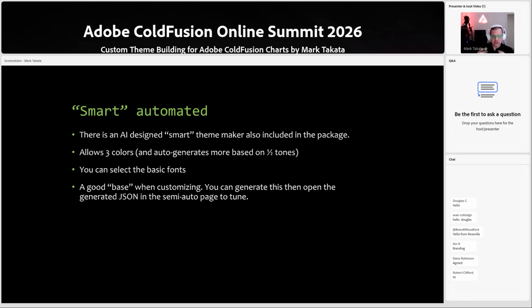You can then change those. There's a color picker that you can use to change those colors to whatever you want. What it does then is take those colors and generate a bunch more to fill the palette using halftones, quarter tones, things like that,